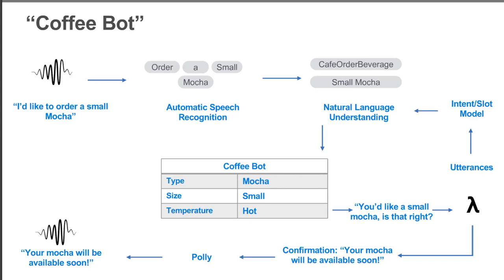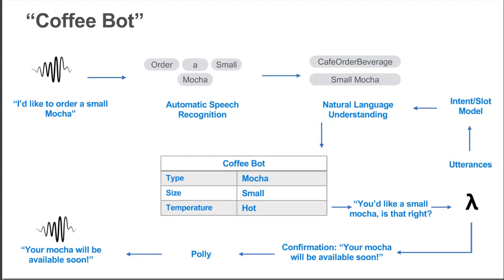Lex then uses Lambda for validation and fulfillment. When we say fulfillment, that's the Lambda function that winds up doing what the bot's designed to do, in our case, ordering coffee. The Lambda responses are then used with Polly, so Lex is in fact integrating with Polly for us, and Polly streams the audio back for voice bots. So next, let's look at what it takes to build one of these bots.